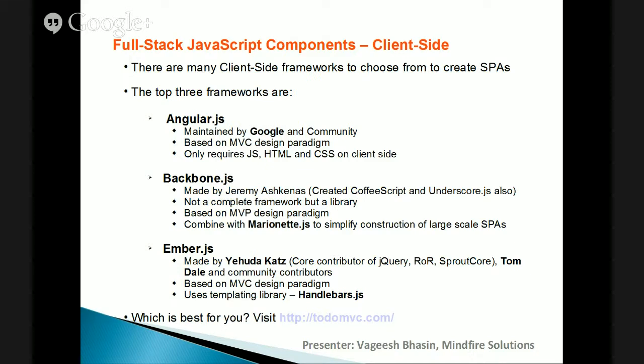Next, we have Backbone.js. It was made by Jeremy Ashkenas, the same guy who created CoffeeScript and also Underscore.js. These are also very good libraries to use on the client side as well as the server side. It is not a complete framework. It does not provide you with a lot of scaffolding. It is just a set of functions created into a library that helps you make other components. It is based on the MVP design paradigm, MVP is model view presenter. You can combine Backbone.js with Marionette.js to simplify construction of large-scale